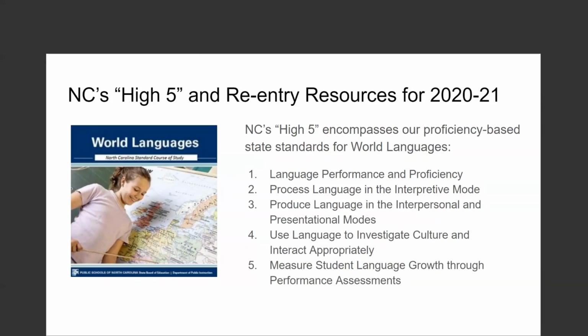So you can see another reason for a High Five is that these are the 5 things that you can keep in mind as you start to work towards planning and setting up your classroom and learning environment for your students this year.